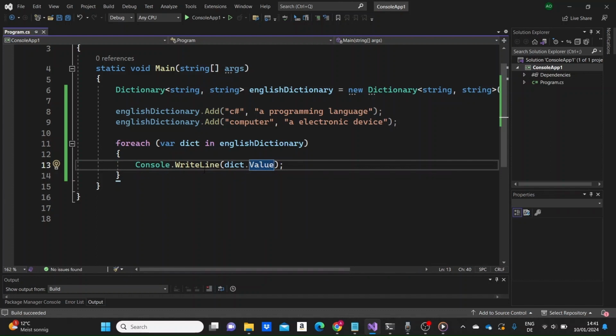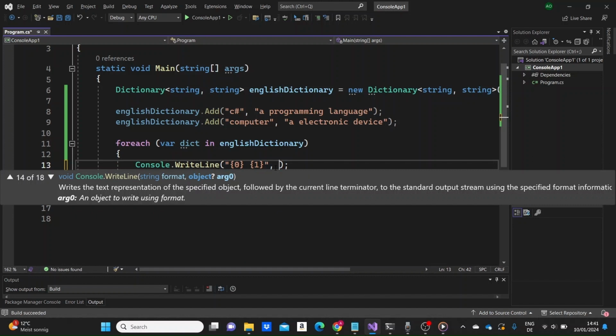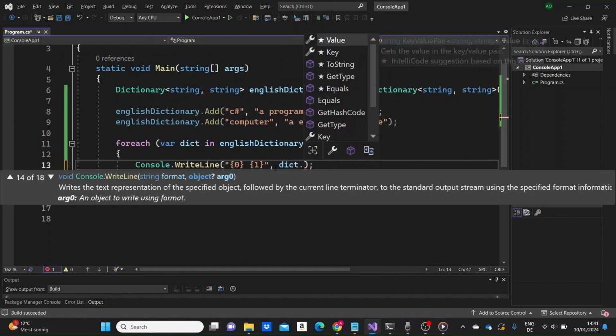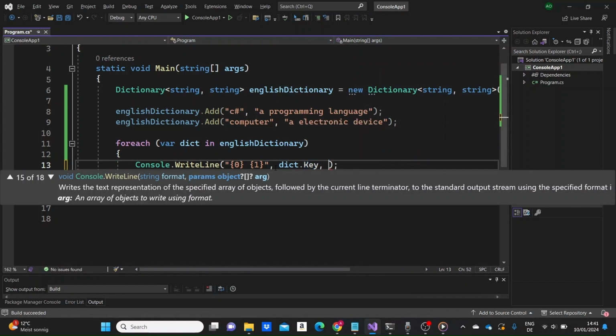But there's a way for us to print out more than one value with this console.writeLine method in one line, and let me just show it to you. So firstly, I'm going to need a string. Here, double quotation marks. Inside here, I'm going to need 2 sets of curly braces. In the first set, I'm going to write the index of 0, and in the second one, the index of 1, and I'm just going to explain to you in a bit what this does. Afterwards, I'm just going to need to write here dict.key, comma,